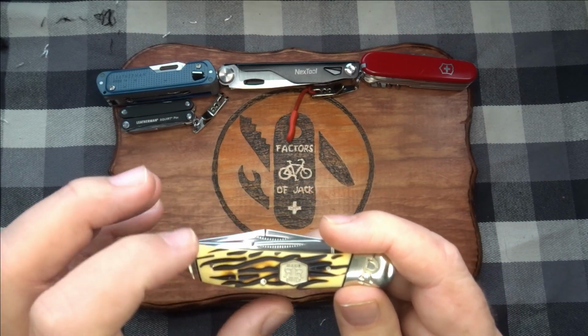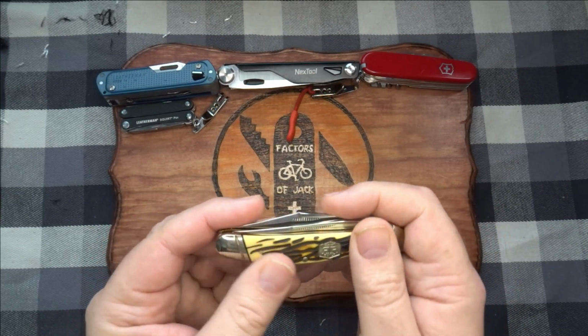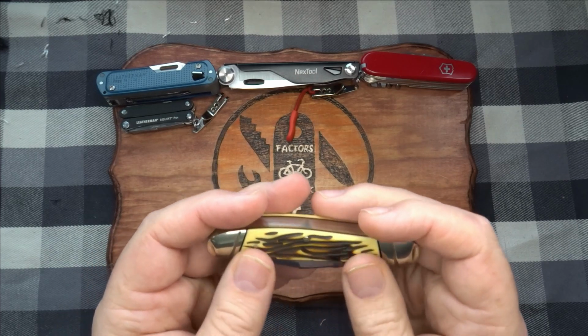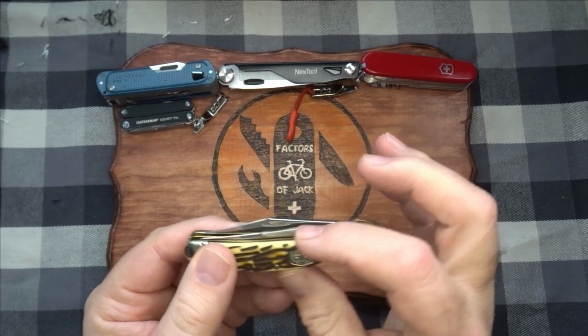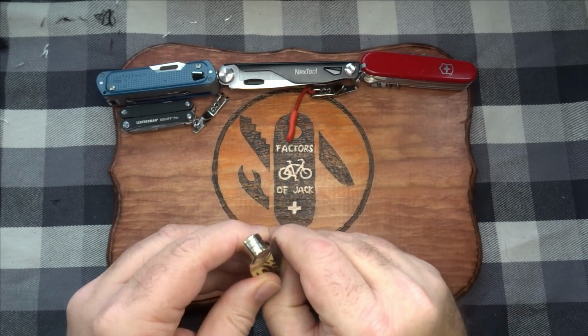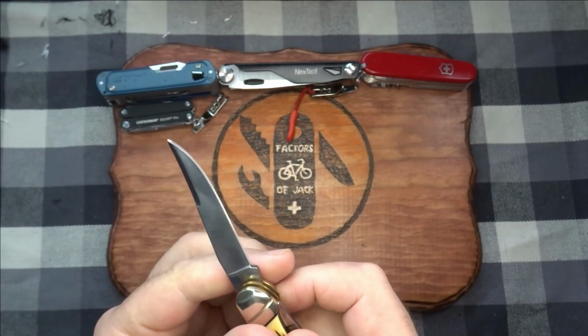I like this design. I think it looks cool. You know it's plastic, Delrin or whatever they use, but I think it's pretty cool. I like the Copperhead pattern. Got a nice long clip point right here. And this is model